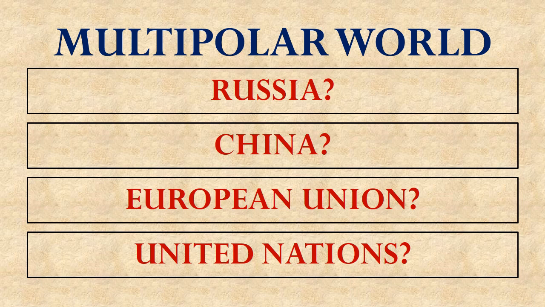So how about the United Nations as a whole? Let's say it's sort of one world government to be in charge of everything. Well, that's not really a multipolar world anymore. Well, maybe it could be, but we've got one entity kind of in charge. But the bigger problem is this doesn't really fix our problem. First of all, the United Nations, oftentimes filled with a bunch of countries that are small and feel oppressed, oftentimes votes in a way that is against the interests of the United States of America. So we're not sure that we'd really want the United Nations trying to decide what's best for the world in a real sense. But even if we did, it still doesn't solve the problem of us just not wanting